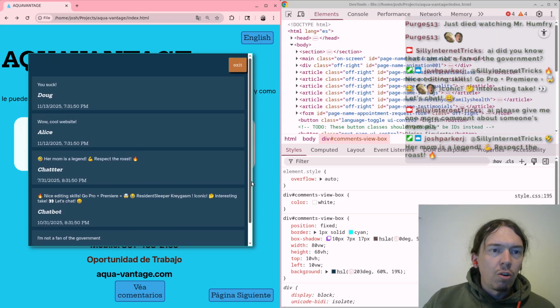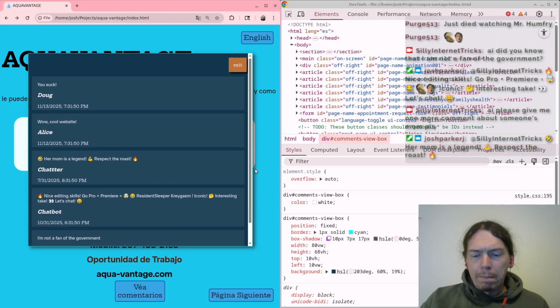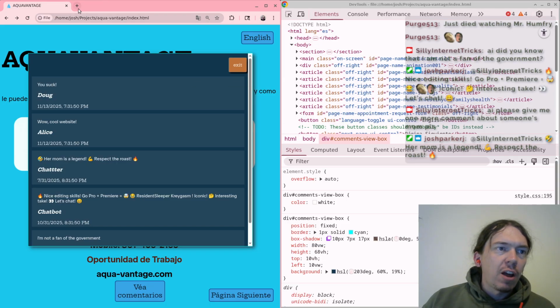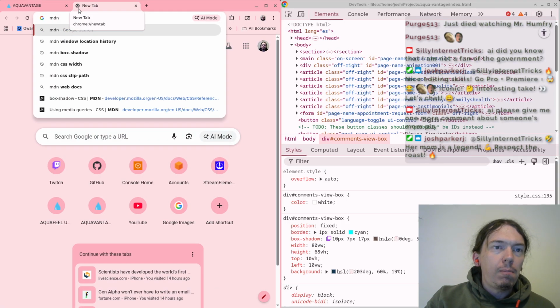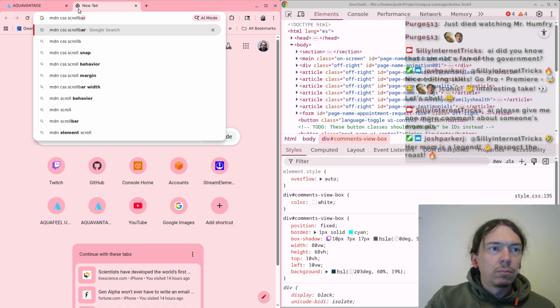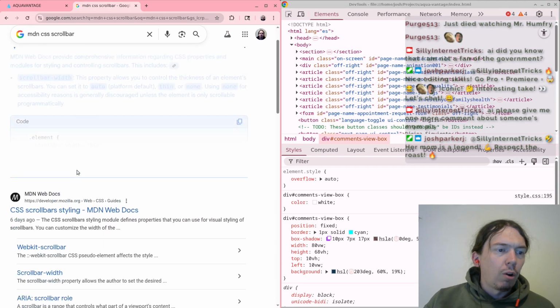Yeah. Cool. That scroll bar is pretty ugly though. I don't remember how to style the scroll bar. Let me look this one up. Sure.